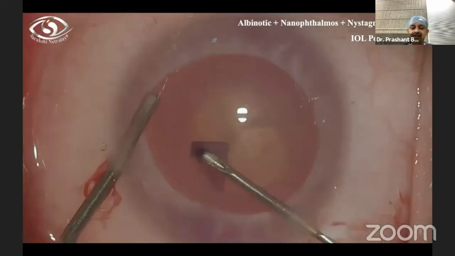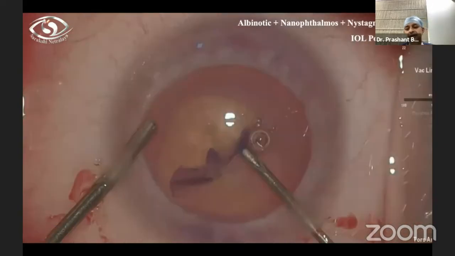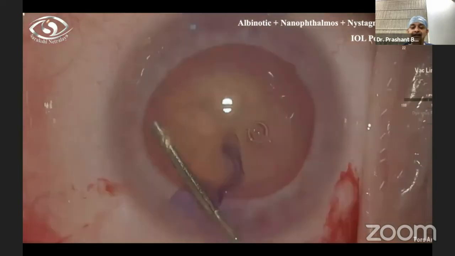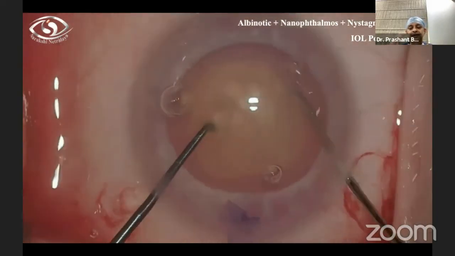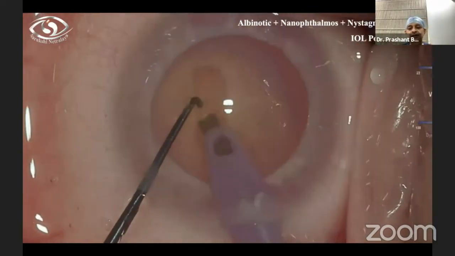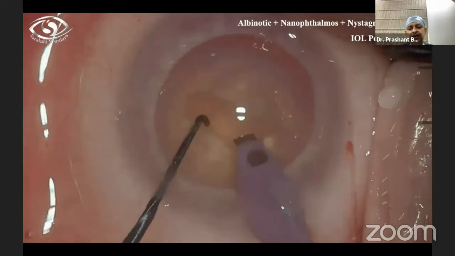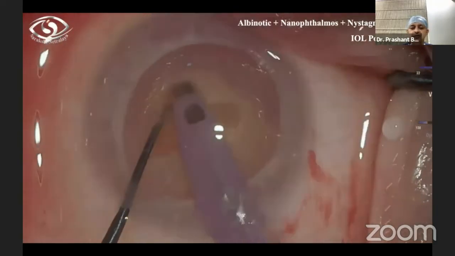The challenge here was whether we should do it on a conventional microscope, but I opted for doing it under Ingenuity. Basically, the advantage was the sheer magnification and the depth. I could feel that anterior chamber to be as deep as a few centimeters, and so that inhibition of working under a small shallow AC was not there, and well, I could do it.